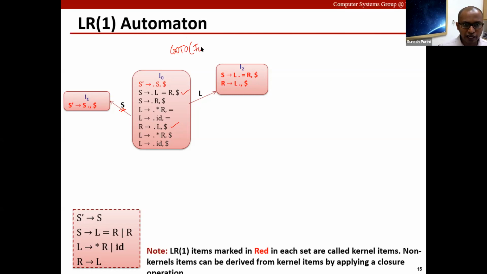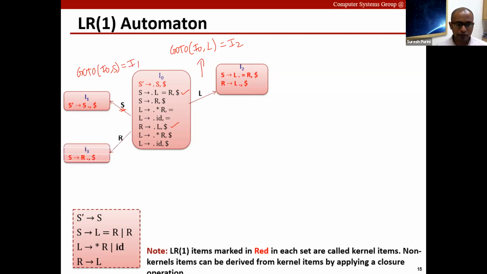Goto of state I naught, and the second parameter is of type non-terminal symbol, is equal to I2. So this is what it is. And here we say goto of I naught, and when we move dot over the S, we get the state I1. And when we move dot over L,